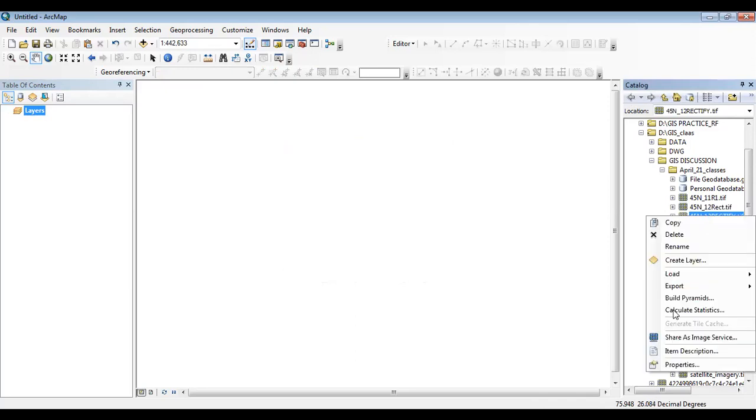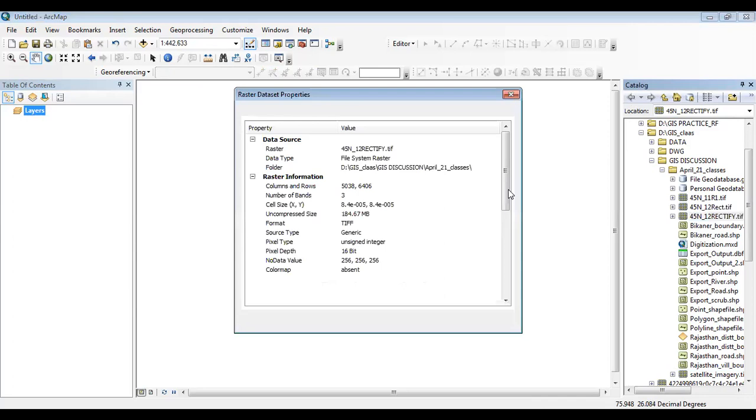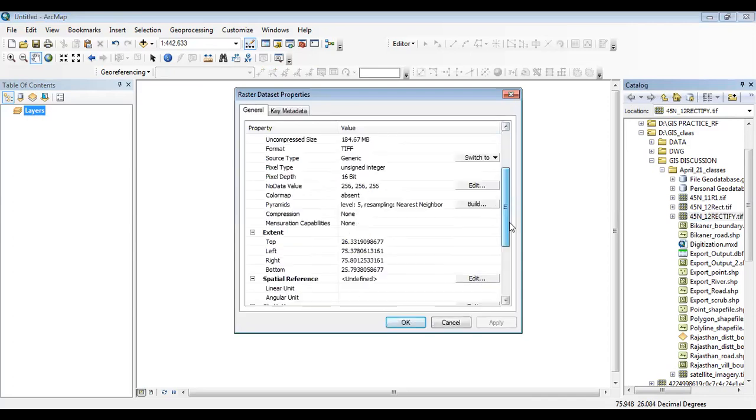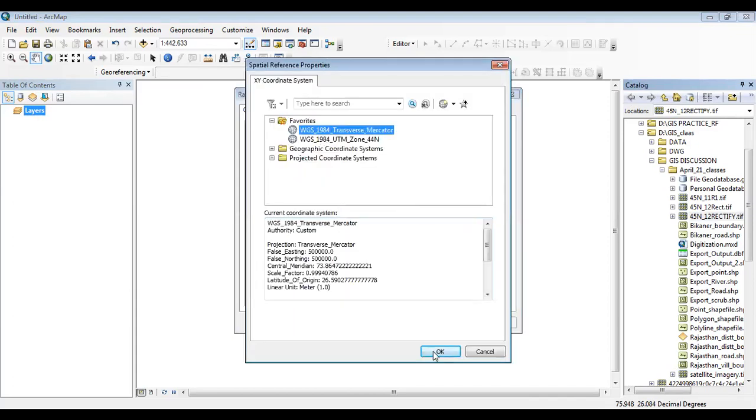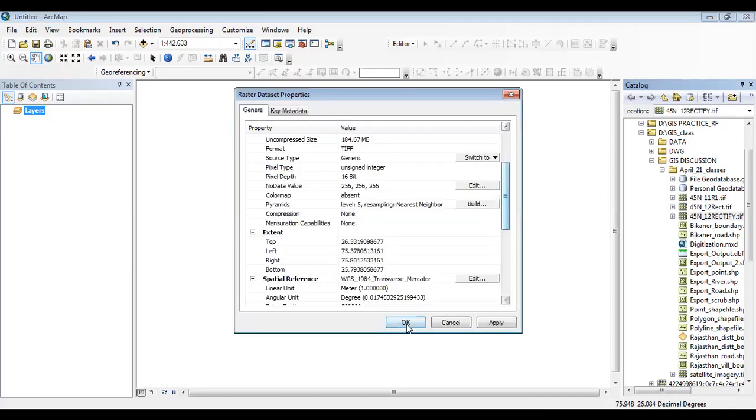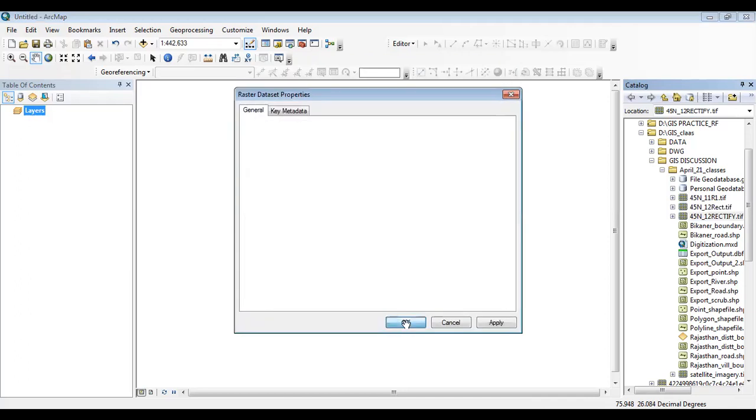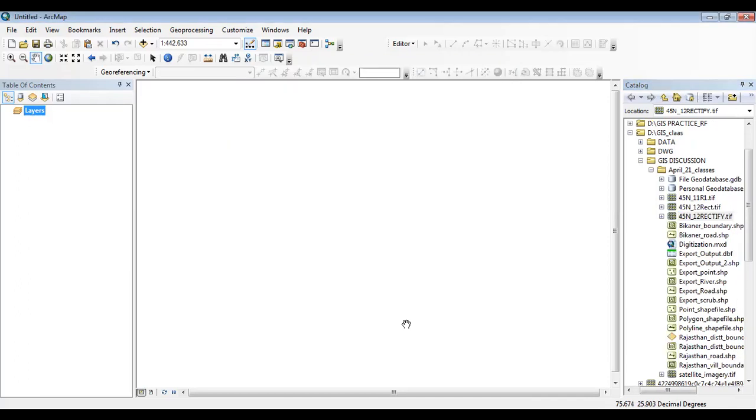Right click here, and then go to properties. Here you can see the spatial reference is undefined, so go to edit, and then choose your projection system. Now this toposheet is projected.